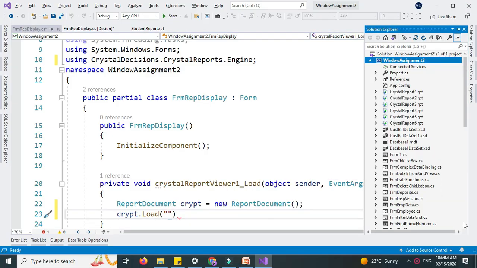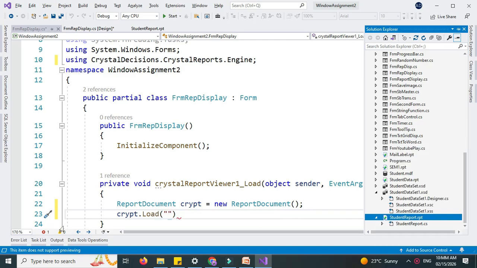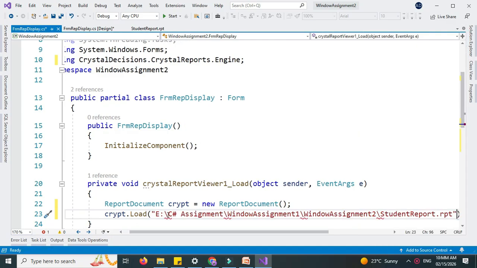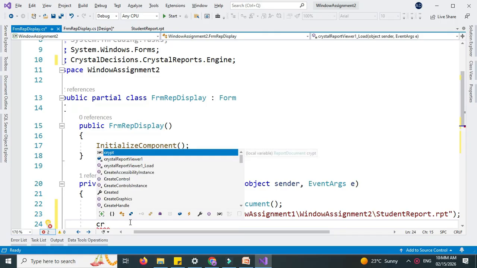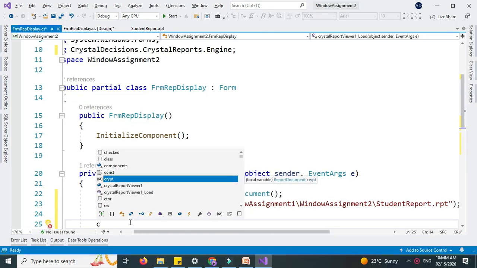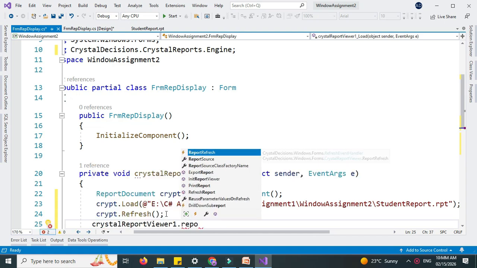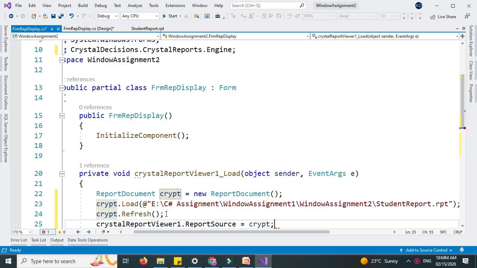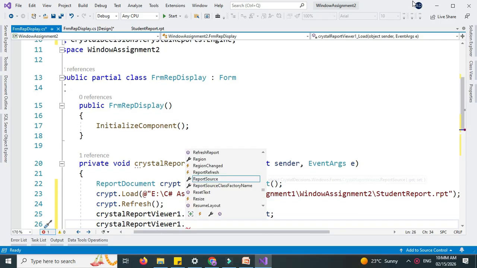For this we will open the Solution Explorer window. We will click on this report and we will select copy full path and we will paste the path here, and I will give here @, otherwise you have to change this slash. Then we will set CRYPT, that is report object, refresh. Then we will assign this object to crystal report viewer. CrystalReportViewer1.ReportSource equal to CRYPT, that is report object, and we will set